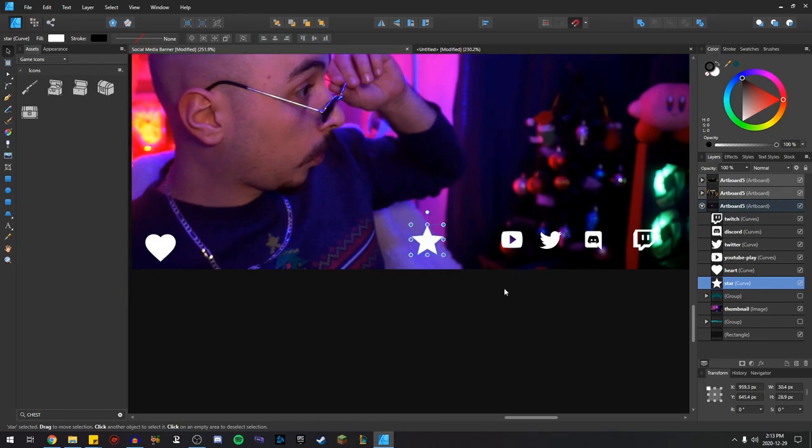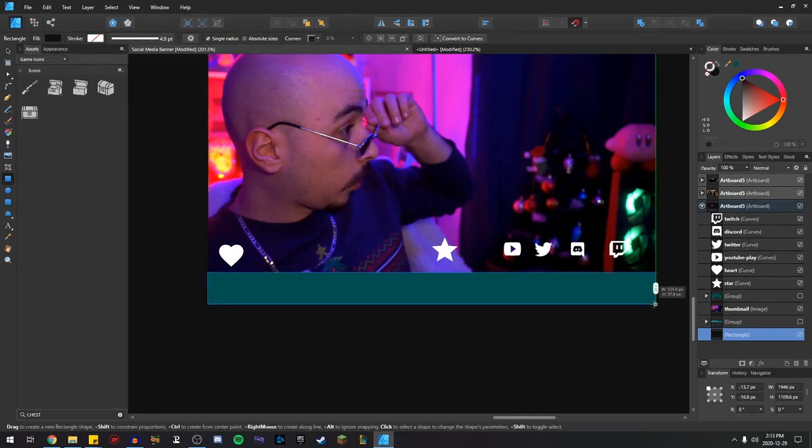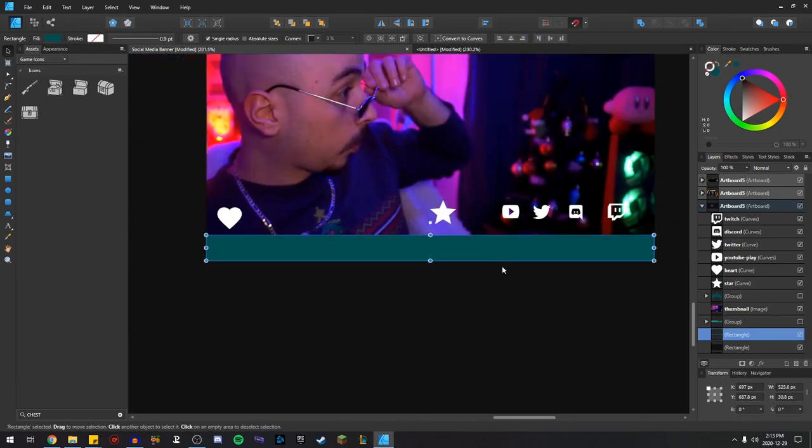That's going to be it for now, and then I want you to make sure that your snapping tool is enabled. Then we're going to go ahead and select our rectangle tool, so that way it keeps the dimensions perfectly fit for us. I'm going to make sure it's about maybe this size. This is up to you really, and I kind of like this color. The next thing I want to do is duplicate this rectangle. I'm going to go ahead and size it to whatever size I think is best. I think this is fine,